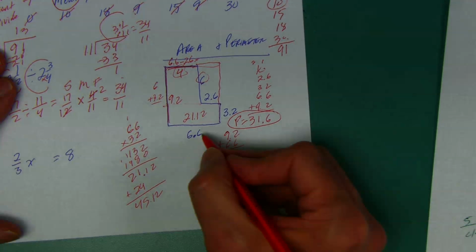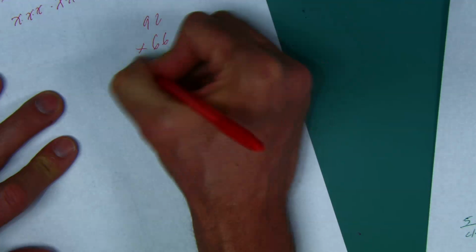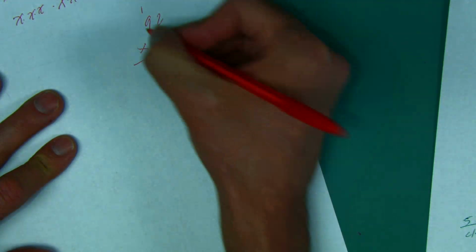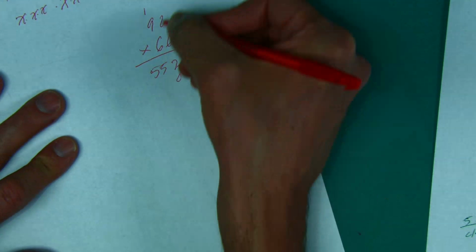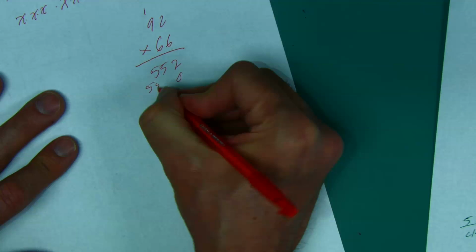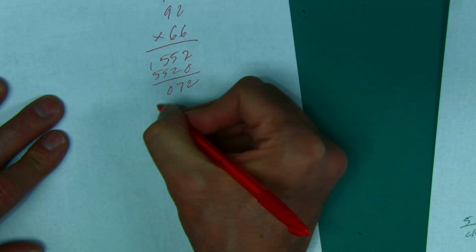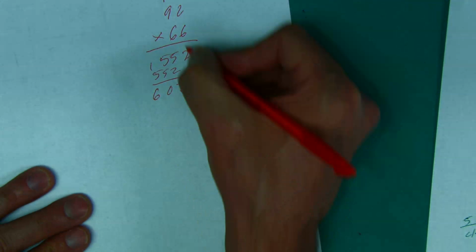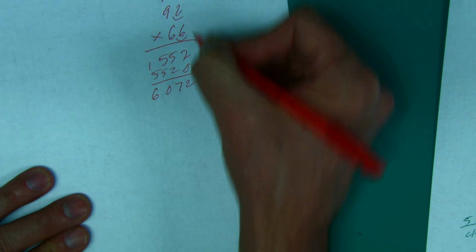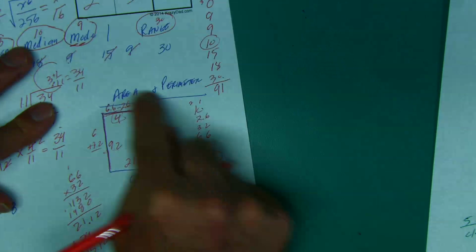What's another way of doing it? 6.6 times 9.2. I'm going to get the entire rectangle. 6 times 2 is 12. Carry the 1. 6 times 9 is 54 plus 1, 55. Put a placeholder, and I'm going to do the same thing, right? 5, 5, 2. 60.72, right? Because that was really moved it over once. I got to go back 2 spots in my answer. So the entire rectangle will be